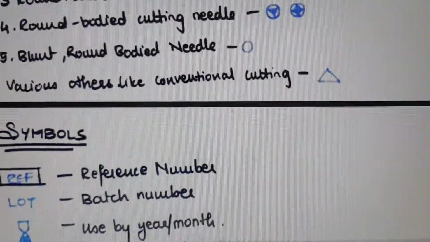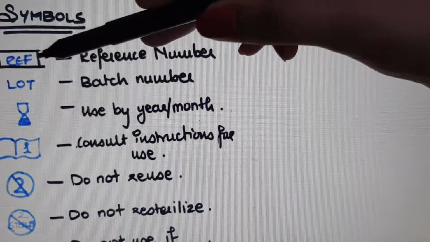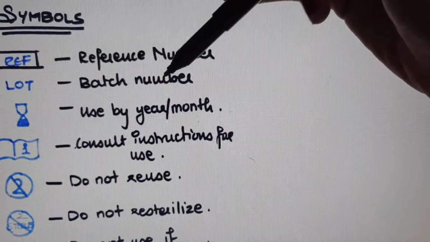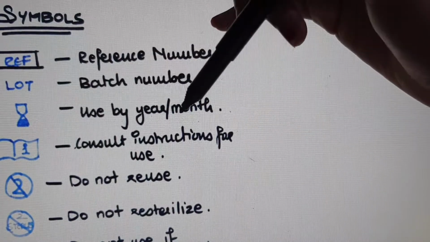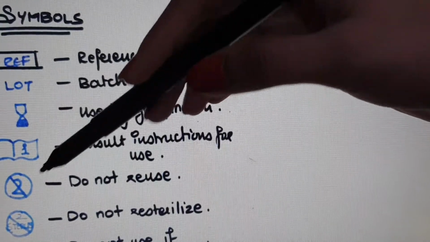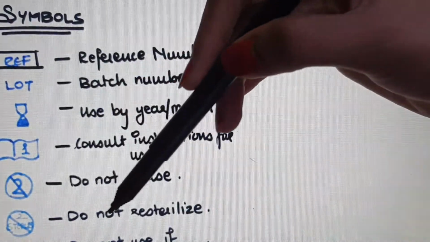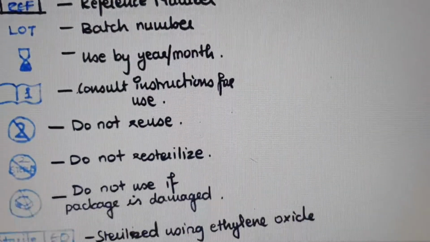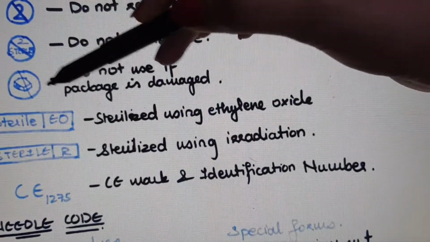Now there are certain symbols which are present on the suture packaging. For example, the reference number is written in a box as REF. Then LOT means the batch number or lot number. This symbol denotes that it should be used by a certain year or month. This symbol is to consult instructions for use. This one is do not reuse. Then whether the suture material should be re-sterilized or not, we have a symbol like this. Then if the suture packaging is damaged, whether we should use it or not, it is denoted by this